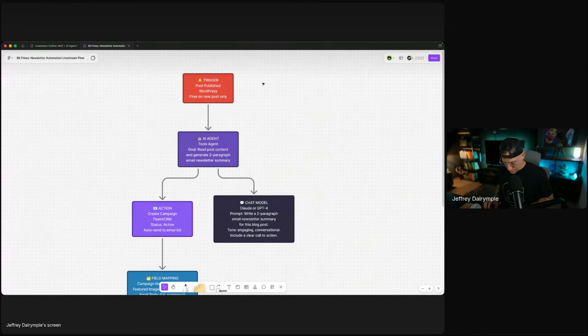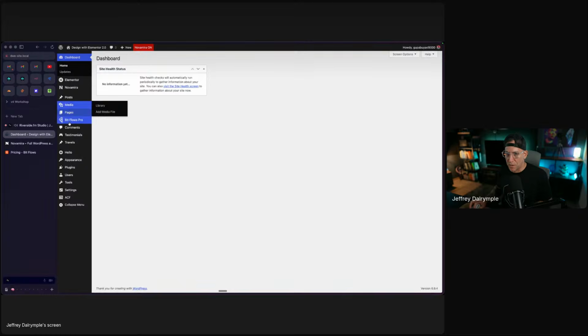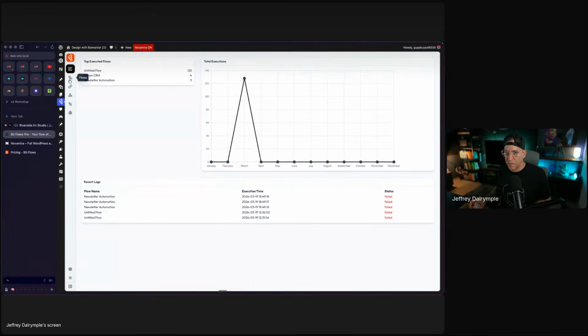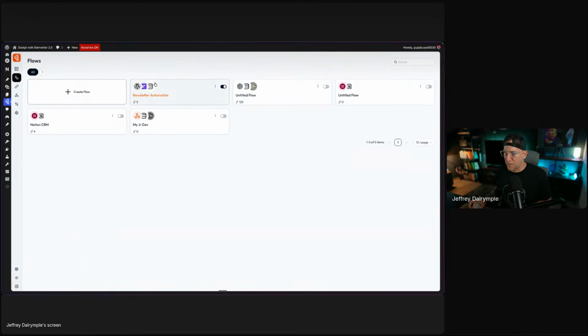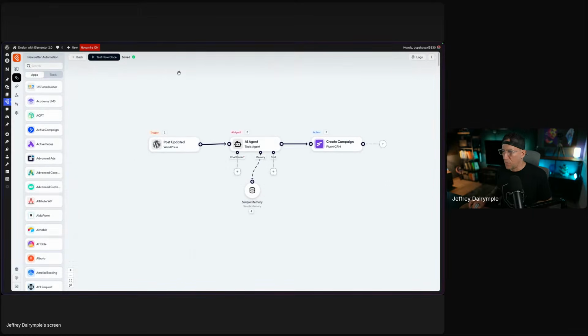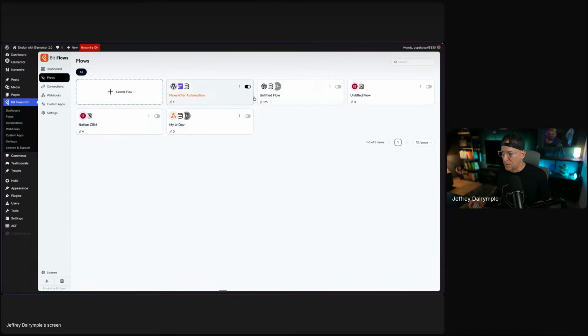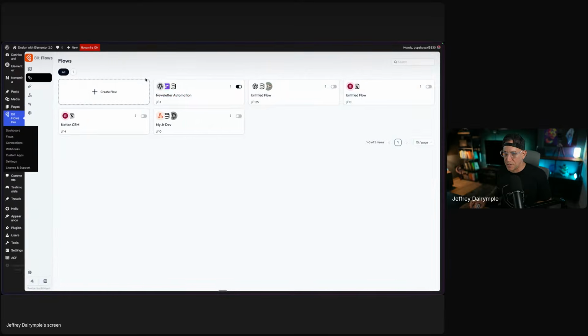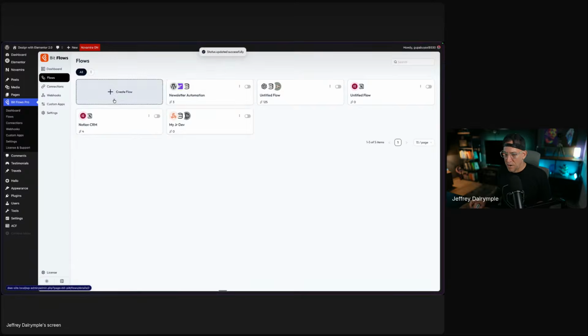Okay, I'm just trying to get a bearing on my pages here. We're going to go into Bitflows, create a flow. Let me close this so we can get more of a view. Okay, you know what? I am going to start from scratch. I want to do something completely from scratch. No, go back. Turn that off. Let's create, I'm just going to delete this.